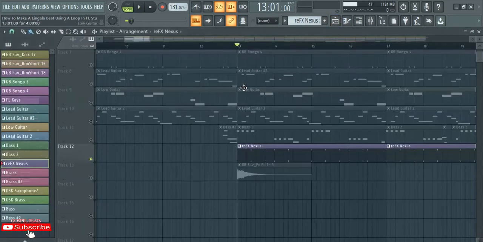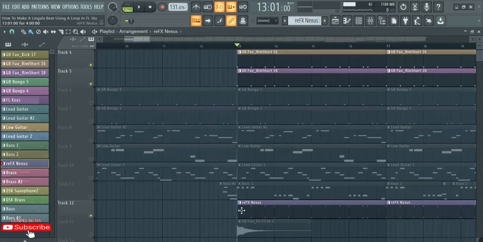So sometimes you can even ask yourself, what type of drums did you use in that beat? But it's just the combination of two rim shots and a muted guitar.